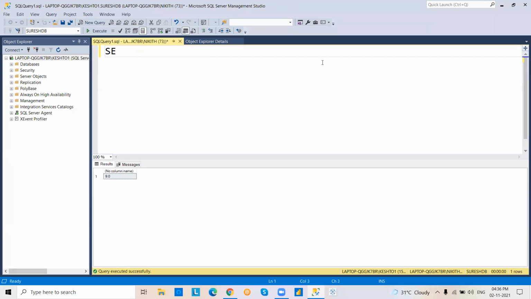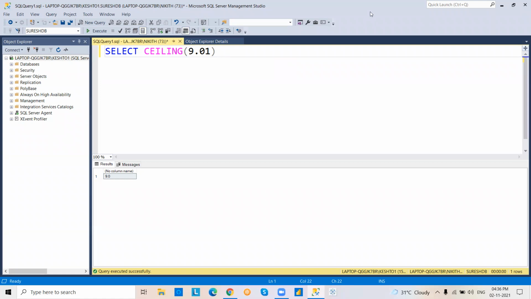Coming to the next case, the ceiling function. Select ceiling of 9.01. 9.01 is a decimal value.